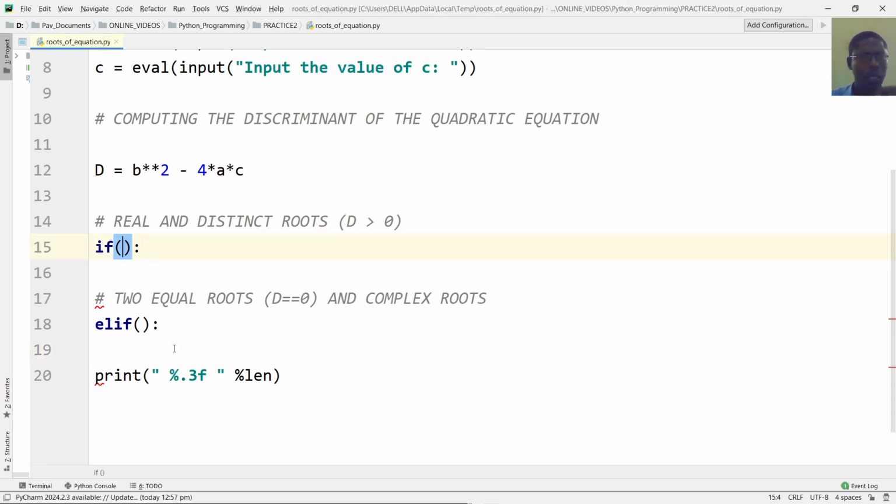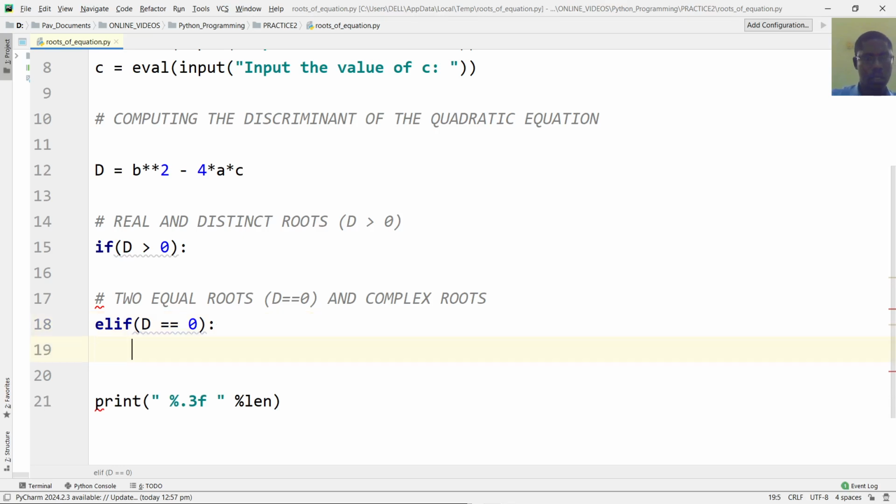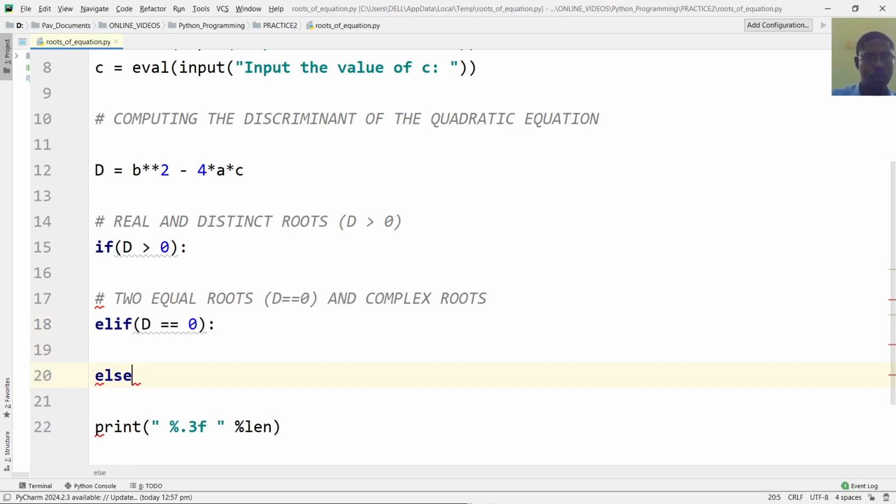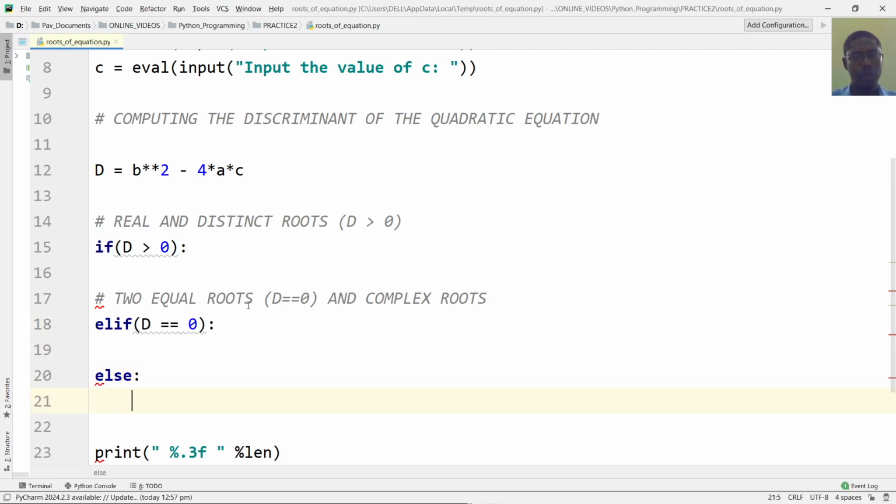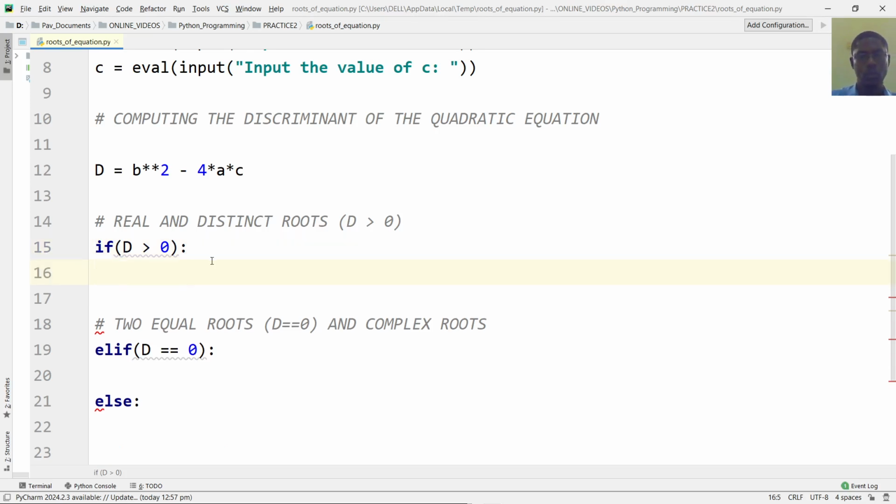Now if D is greater than 0, that's going to be the first, and then elif D is equal to 0, and then at the end we will conclude with else, perform the operation, right? So now we do not have an assigned function here. So what do we do? Here we are going to compute both